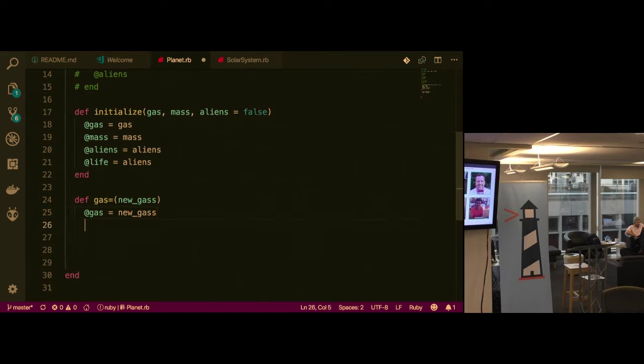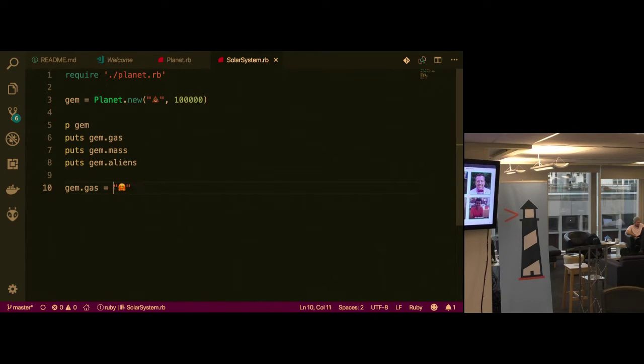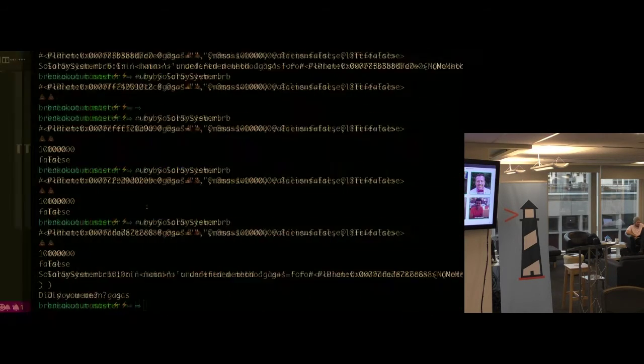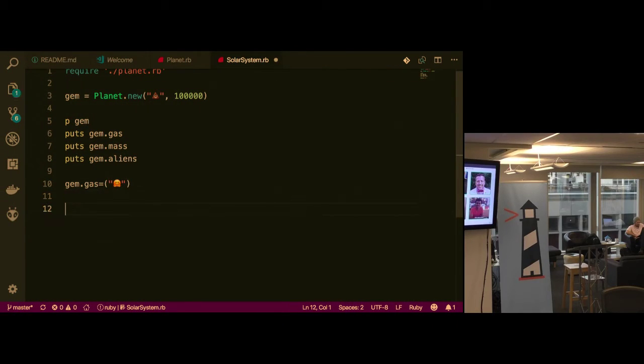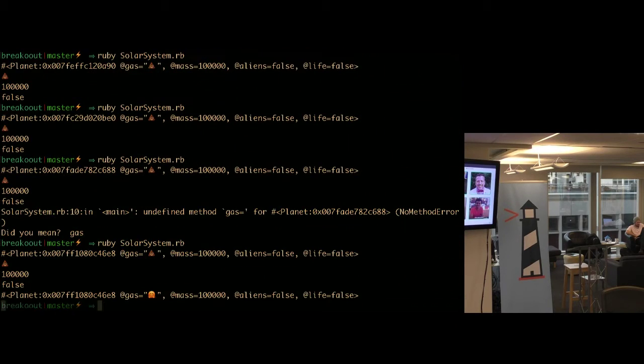Is that right? That's a weird looking method, are you sure? Okay, so then I'd have to come in here and say it like this, right? Pull it like this. And then let's run it. Yeah, all right, look, we set the gas to this.